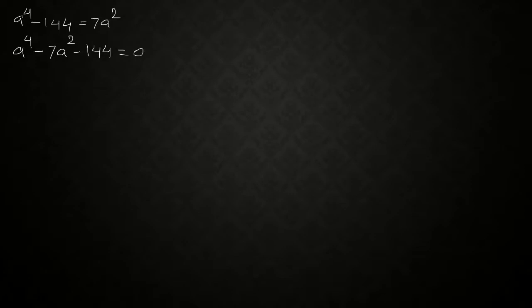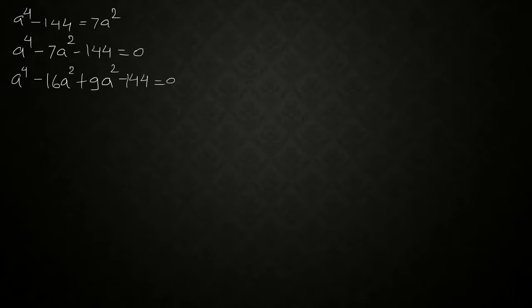So find out from 144, two numbers whose subtraction is 7 and multiplication is 144. So those two answers are a raised to 4 minus, if you know, इट्स वेरी सिंपल, 10th में आपने बहुत बार फैक्टराइज किया है. We are getting the answer as minus 16a² plus 9a² minus 144 is equal to 0.